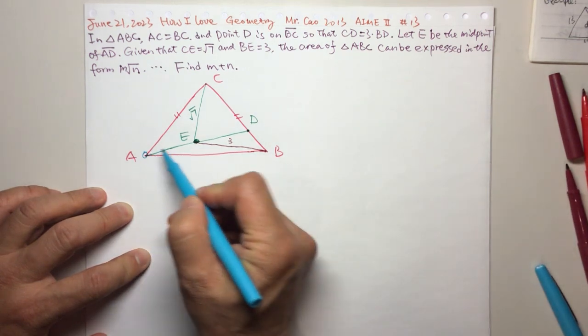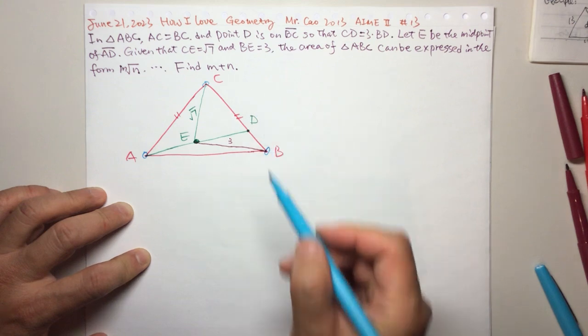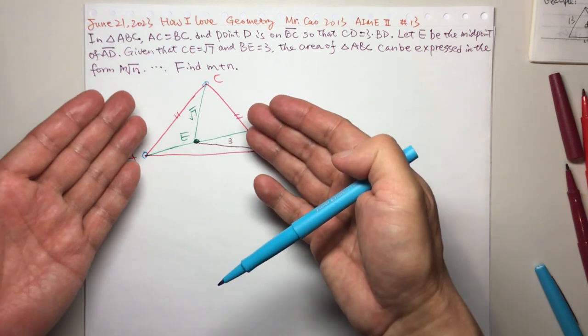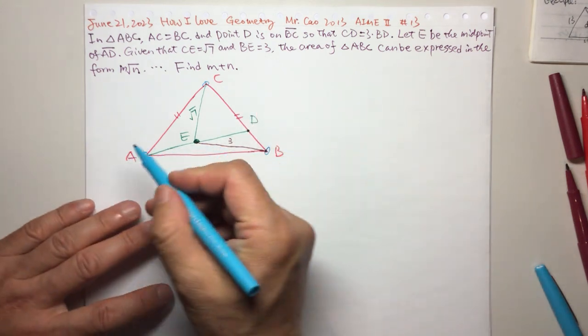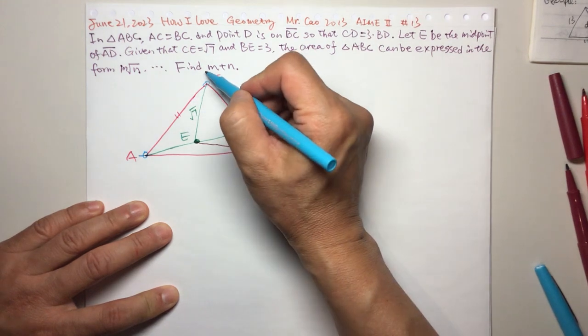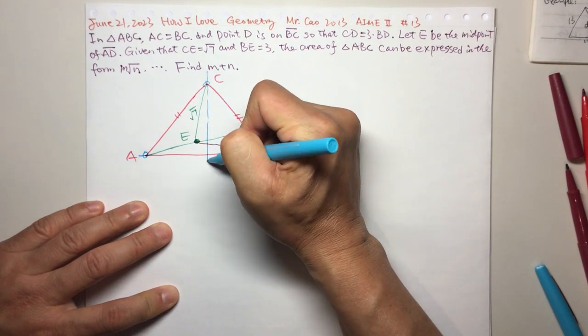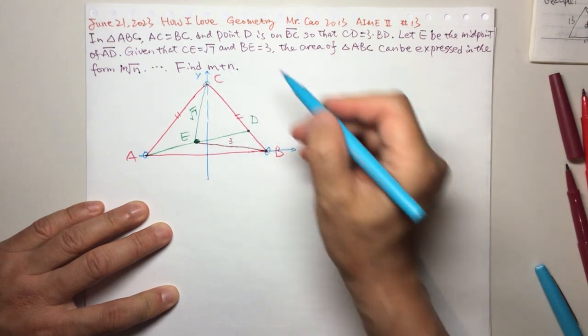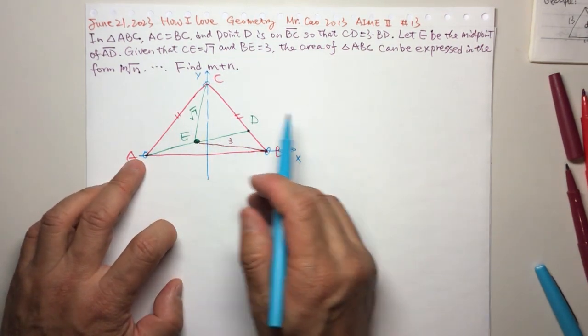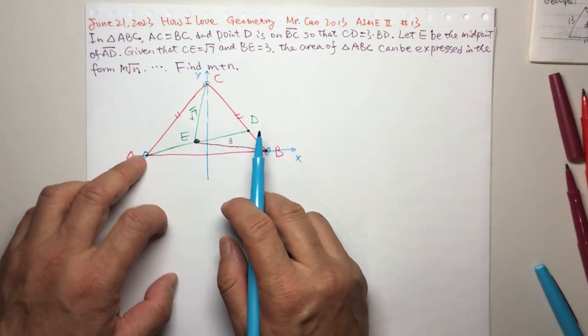The large one, ABC. I think it's easy to think about using the coordinate system. Why? This is an isosceles triangle. So if I build the coordinate system this way, that's the y-axis, this is the x-axis. So they are symmetric. We use the isosceles triangle